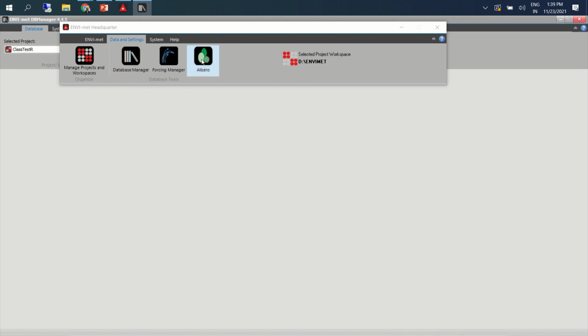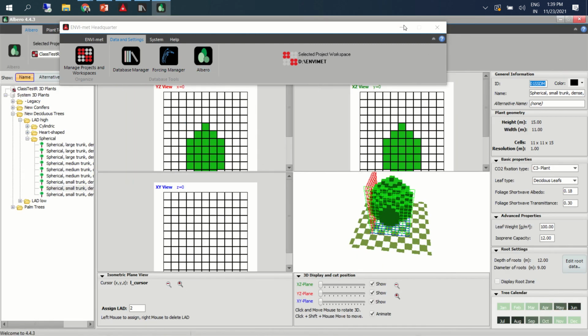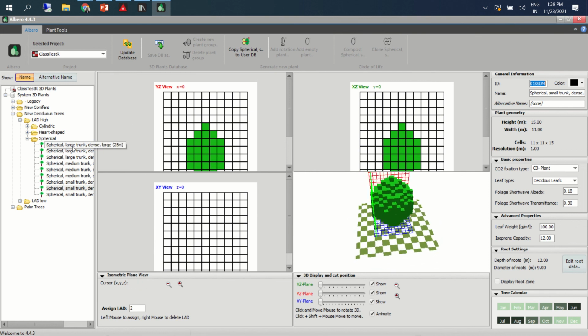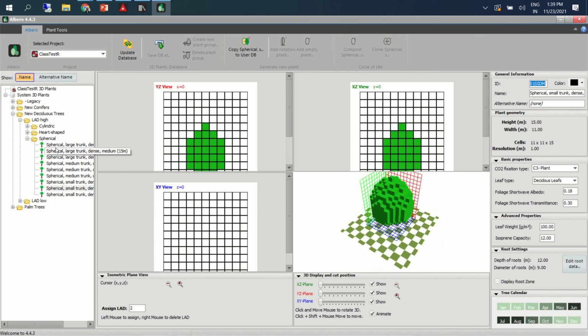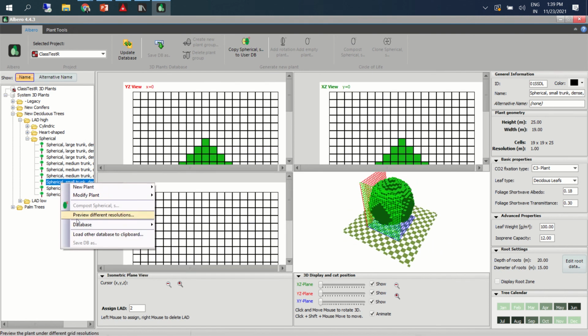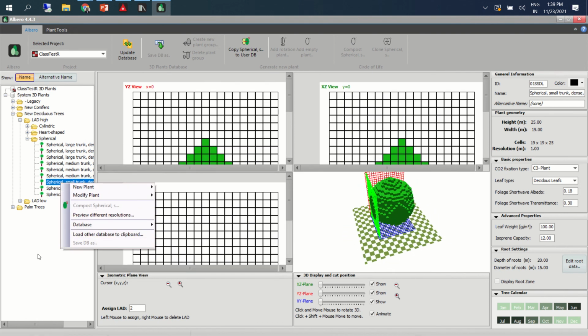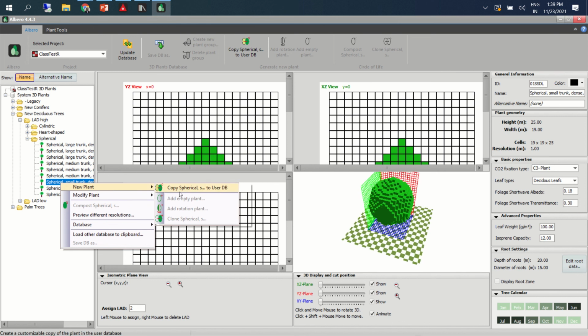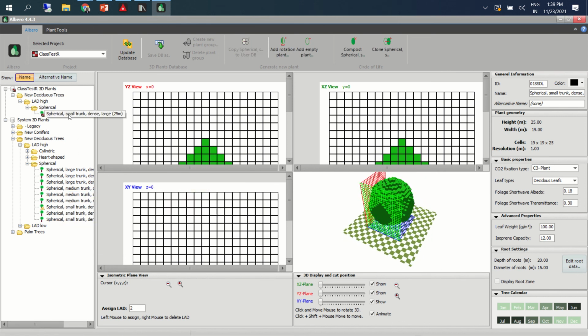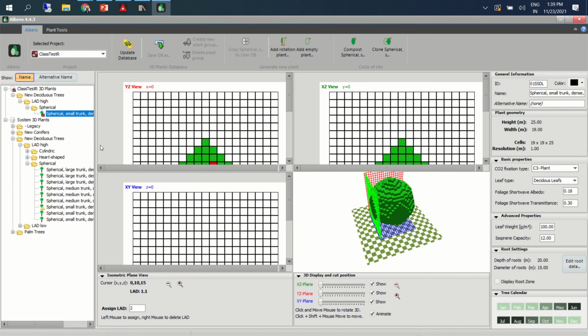This is in 2D. You can do the same in 3D as well. Here you can actually model a tree itself.